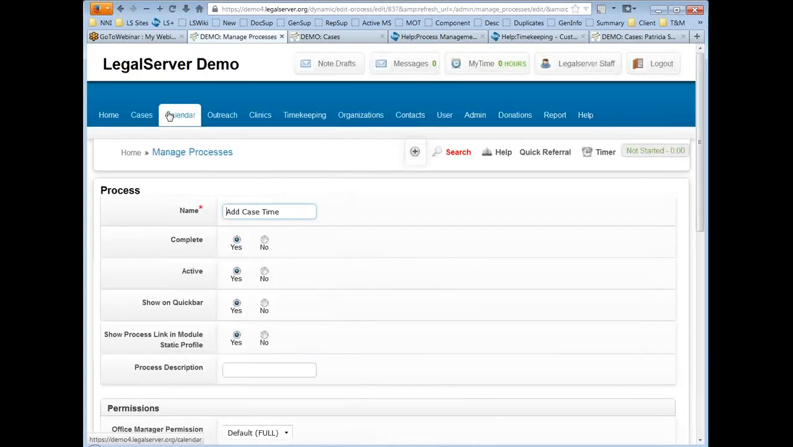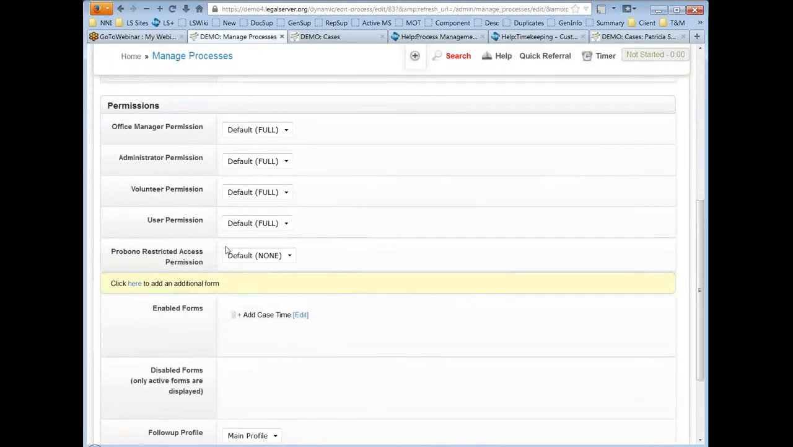This will let me go directly to the process. So the first thing that I wanted to point out here in terms of the process, we're talking about permissions, is you can see for each one of your processes, then you can control permissions by role. And so if I went in here, for example, and I changed the administrator permission to none, what that would do is it's going to hide this link